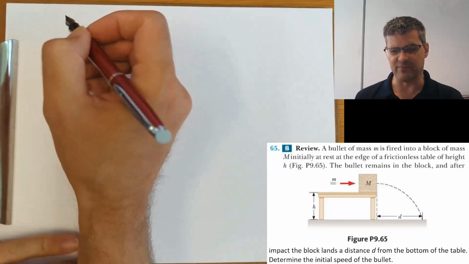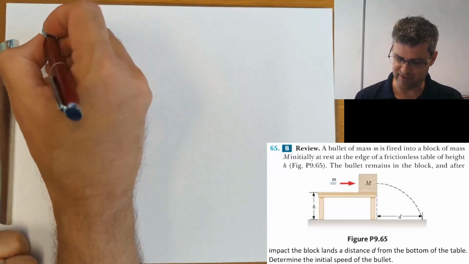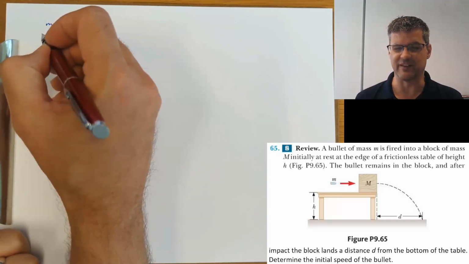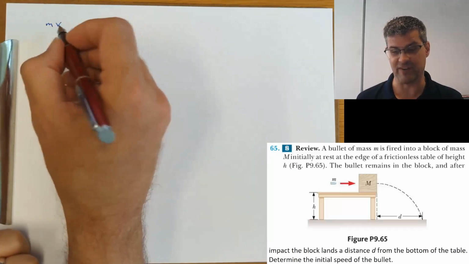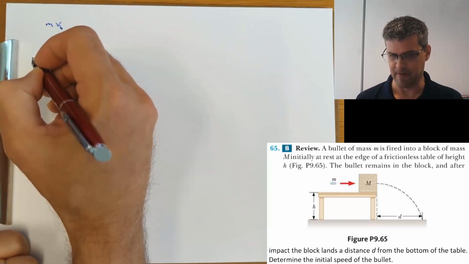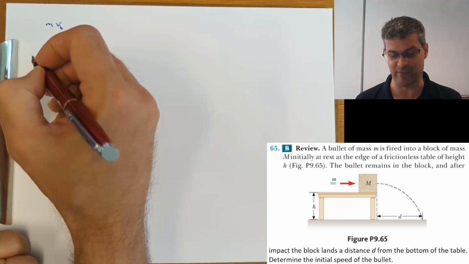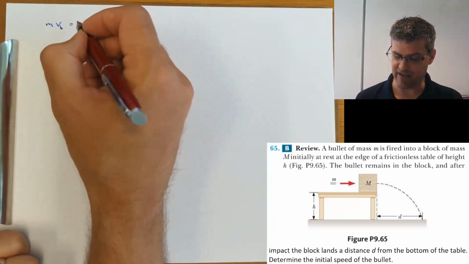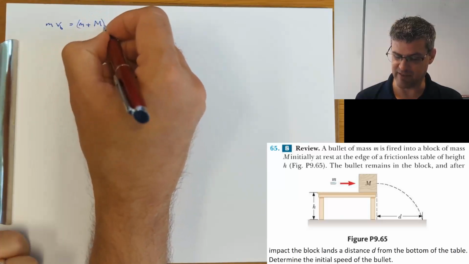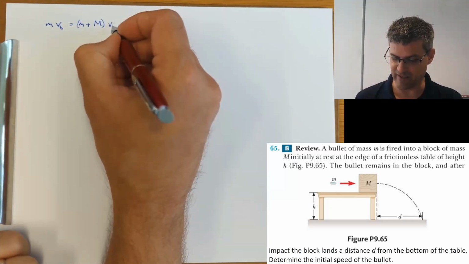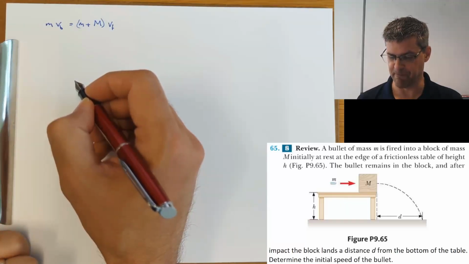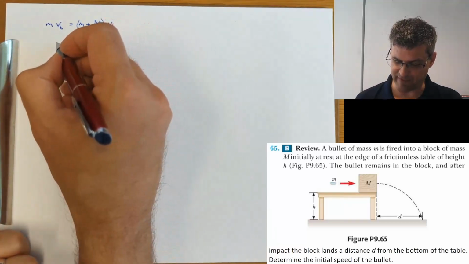So if I was looking at this problem, I see that before the collision, we have little m, the mass of the bullet, moving at some velocity v. That's something that we're going to have to find later, but let's call it the velocity of the bullet. Initially, the big block is not moving, but after the collision, the mass of the bullet plus the mass of the block is going to lead to a final velocity of the block, right? And if we wanted to find that final velocity,